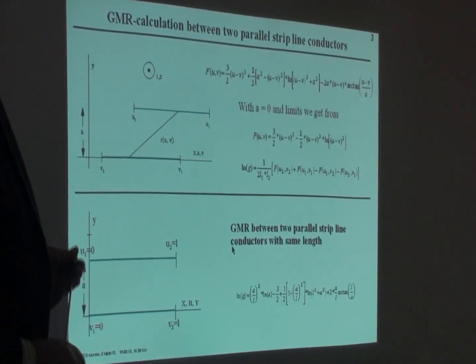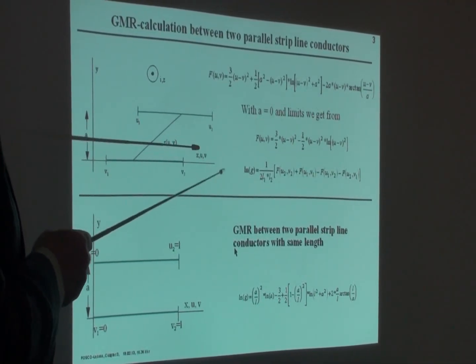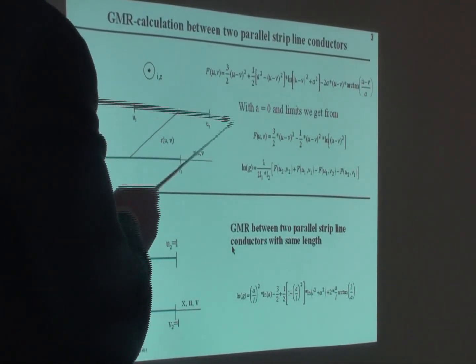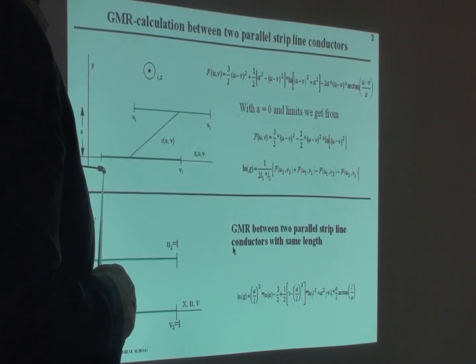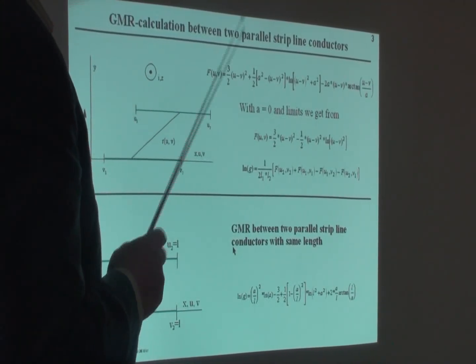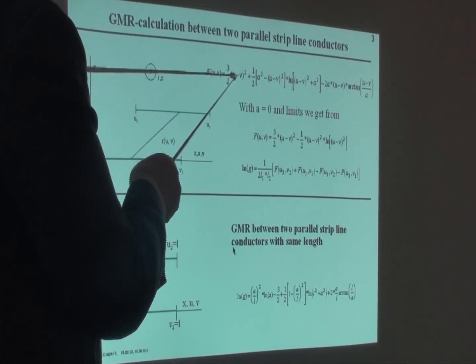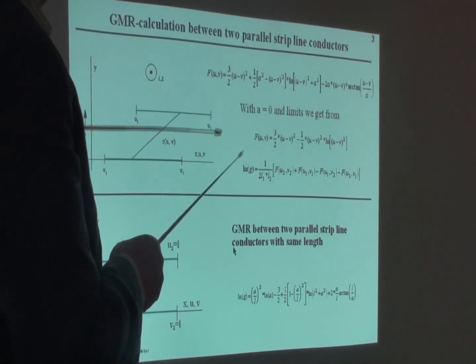So that's a normal formula, and in this formula the difference between U and V is interesting. You always have to put in the difference between U and V, and if it's 0,